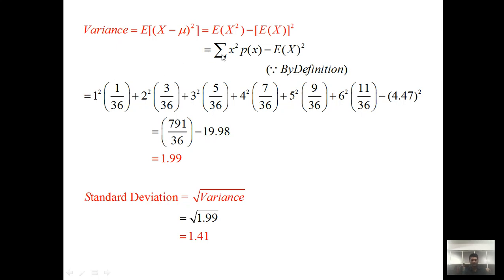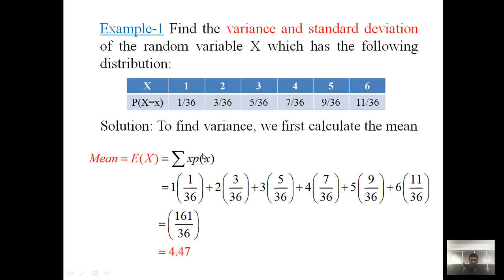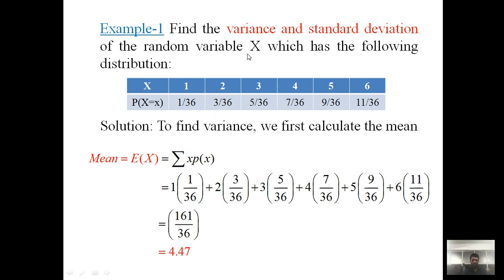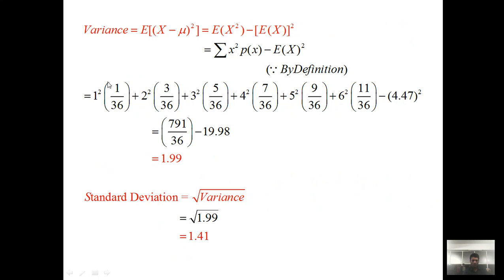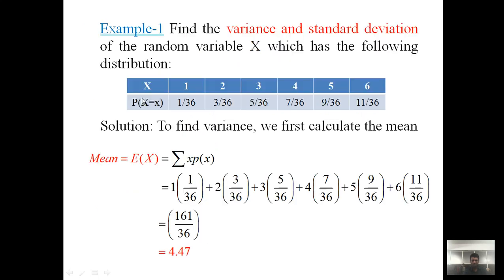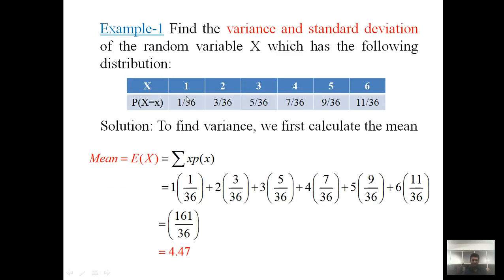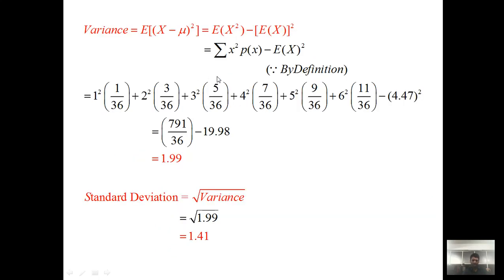Now remember, when we have to calculate the mean, we have to find the sum of x into p of x, and right now to find this term we have to find the sum of x square into p of x. So x1 square, that is 1 square, into p of x1, that is 1 by 36. Now these are the summations. So plus x2 square, that is 2 square, and its frequency is 3 by 36, plus x3 square, so 3 square, its frequency is 5 by 36, and so